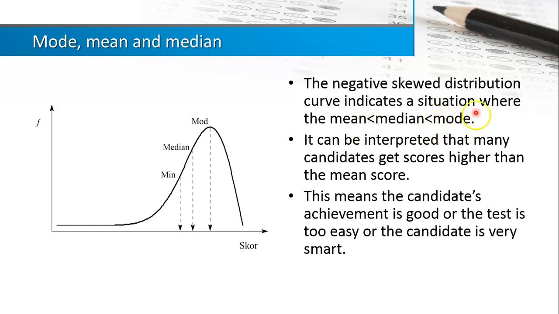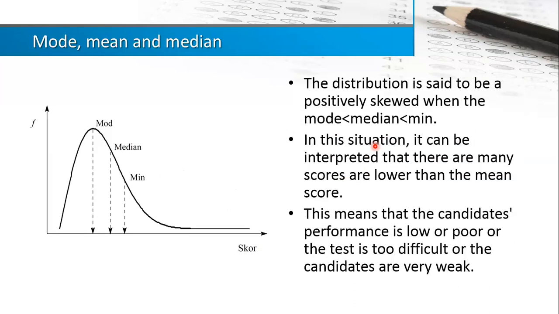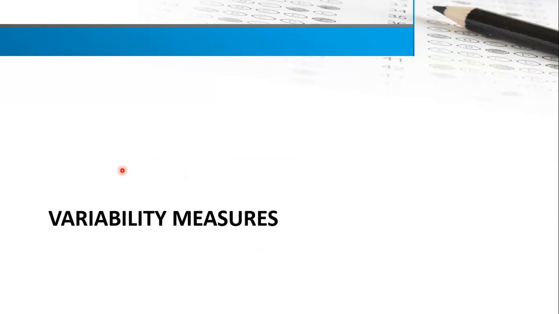So you look at the mode. If the mode is greater than both median and mean, meaning there are more higher scores compared to the median and mean. If you have a mode lower than mean and median, it tells you a lot of scores are lesser than the median and mean. Okay, so that is the measure of